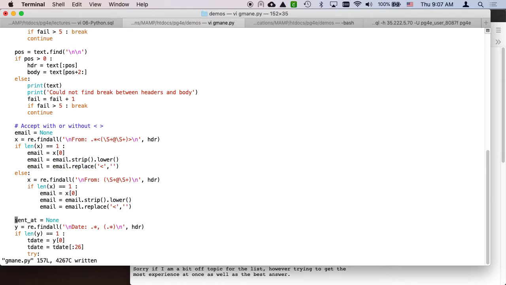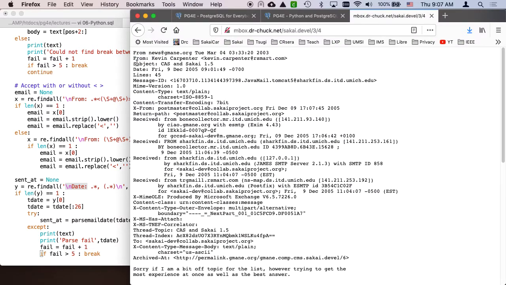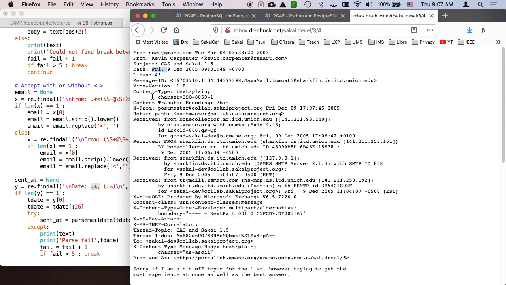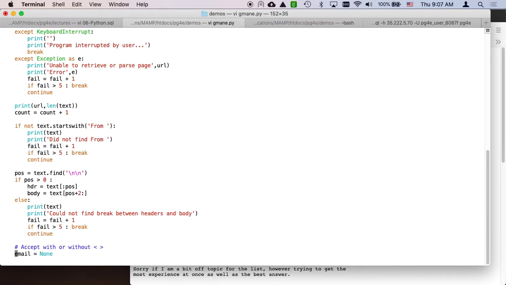Then the next thing that's a little bit difficult is the processing of the date. So we go find the date header, so I look for a line that has Date in it, and that's right here, and then I pull out all this stuff. Friday, I want to get rid of the Friday, so that's what this .*, comma does. Then I want to skip a space, and then I grab this stuff. Now this is a weirdly formatted date, and so I had to build a separate function, parse mail date. And so if you take a look at parse mail date